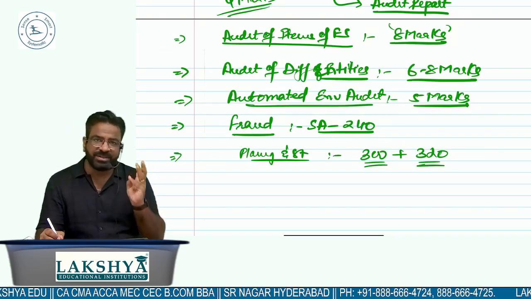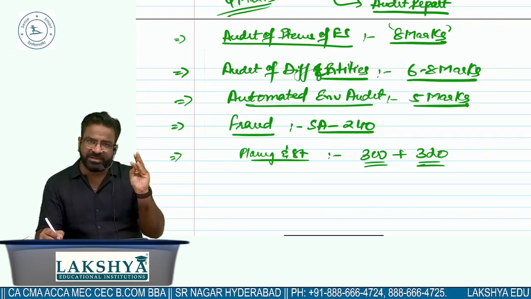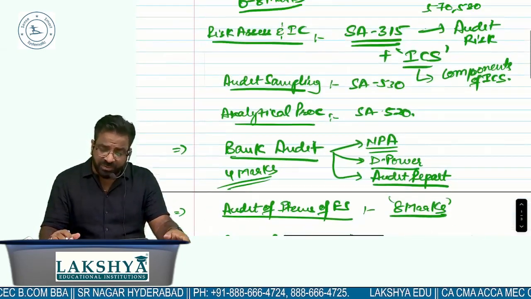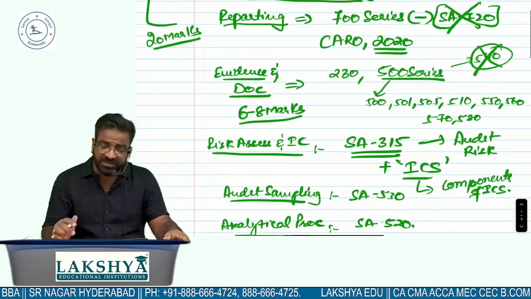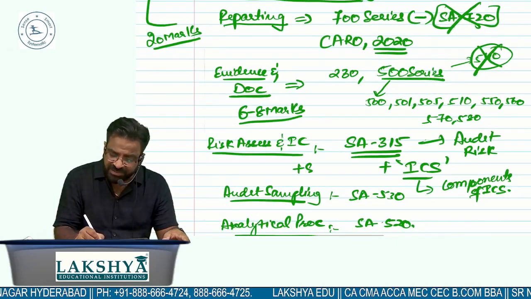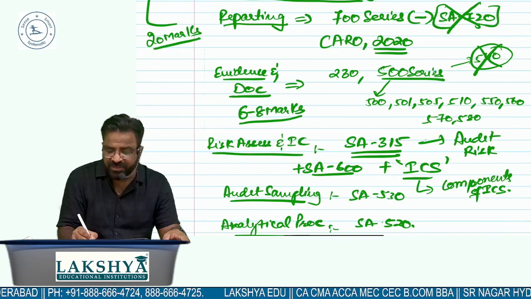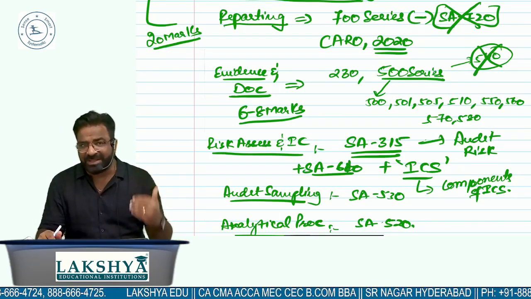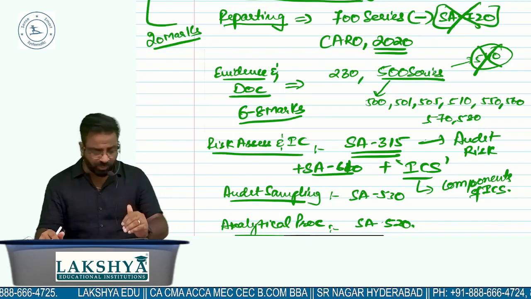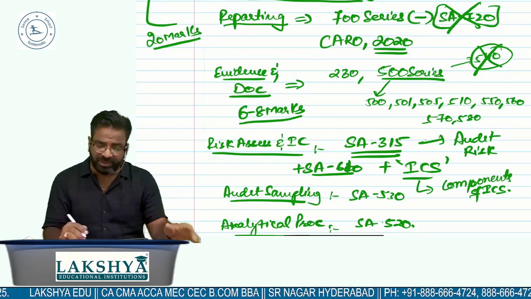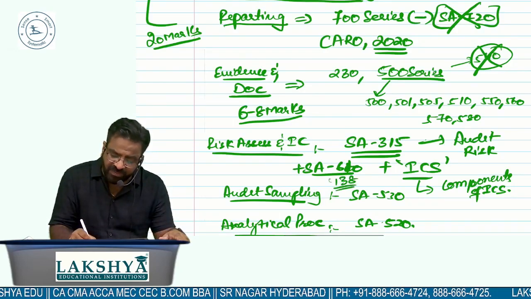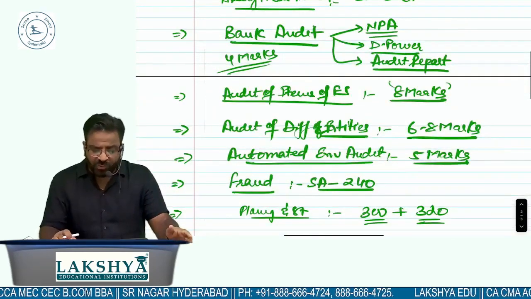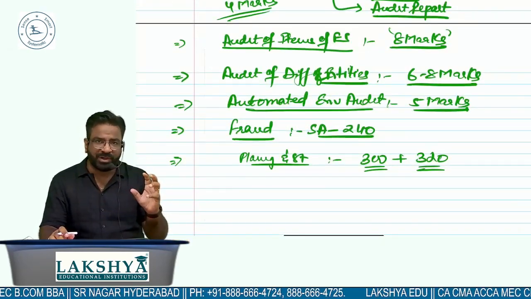So your 300 series is covered, 500 series is covered in evidence and documentation, 400 series is not there in your portion. Yes. In the internal control system chapter, risk assessment and internal control system, I will suggest that you should do SA 610 as well. You all know that 600 is not in your portion, 620 is not in your portion, but 610 you need to do. Right? That is using the work of which auditor? Internal auditor, along with section number 138. If you are doing company audit, I will suggest that there itself only you should do it. So with this, almost all the standards on auditing are covered.